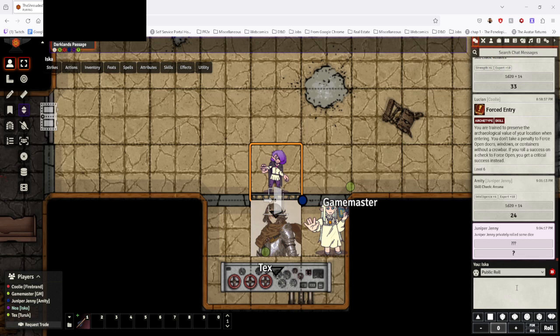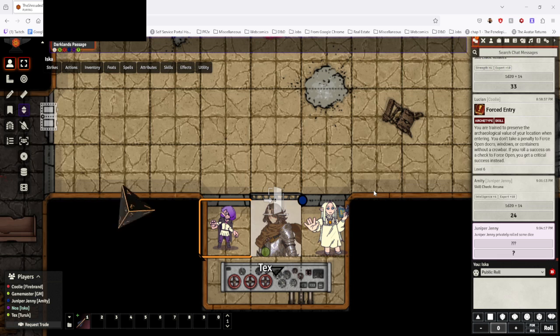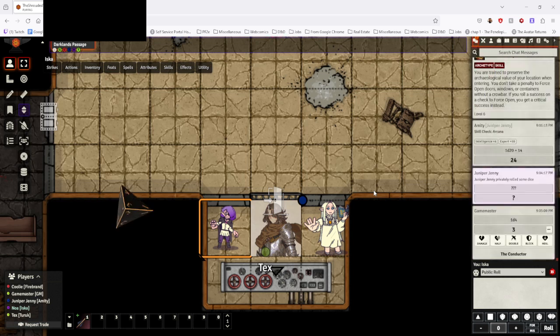I would like to push a button. Can I push a button? Sure. I would like to spin a dial. What is preventing this from being started up right now? Well, okay, you're not letting us, so let's see what happens. When I was asking permission, I wasn't asking permission, I was just telling you. You're telling us that you were about to do it? Yeah. Okay, Iska, so you spin a dial,